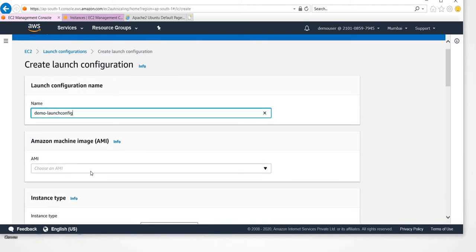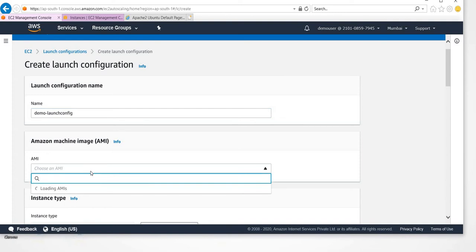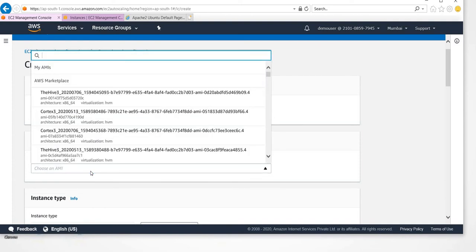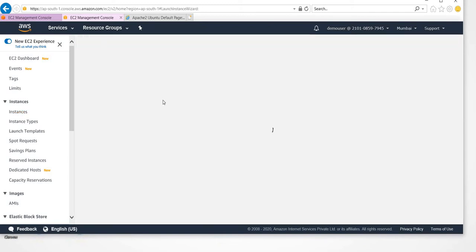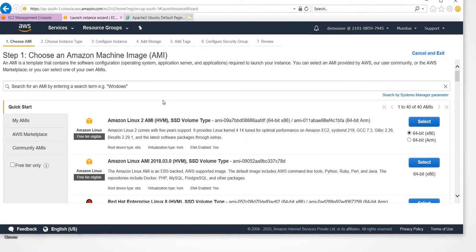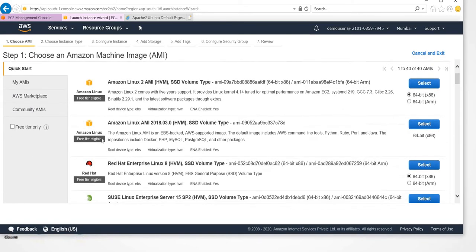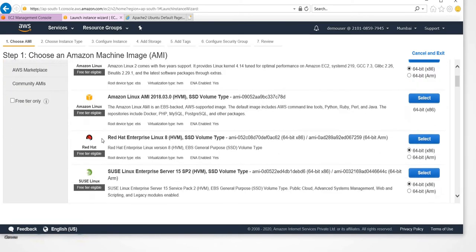Now I need to get an AMI image. I'm planning to use Amazon Linux 2. To get the AMI number, I will go to the EC2 instance management console and initiate a new launch instance screen. In the very first screen you will be able to see all the OS types: Ubuntu, Windows, SUSE based Linux.